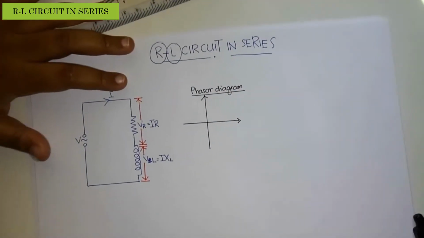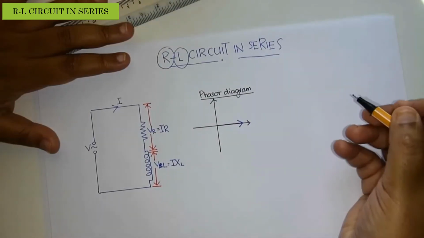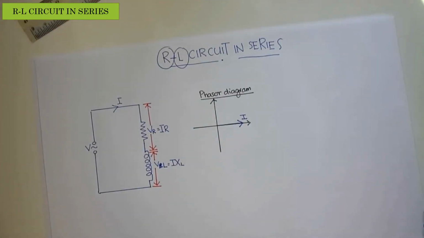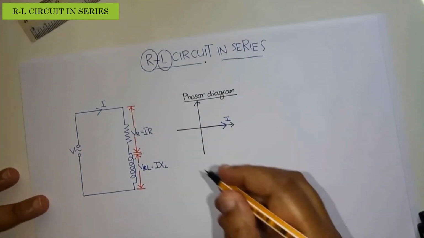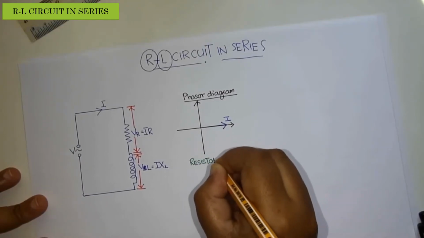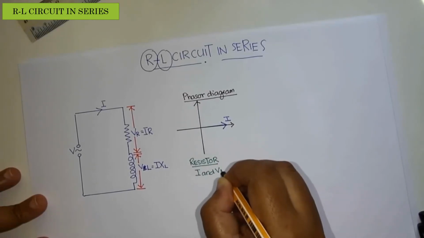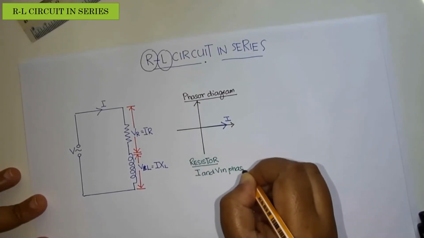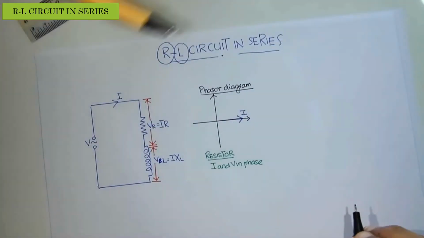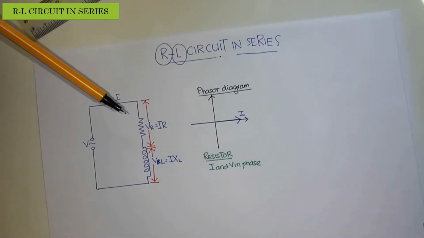Okay, so the current will be in this direction, which we assume is a sine. So this will be the current. Then we know in a resistor, the concept says I and V are in phase. So when the current flows inside the resistor, they are in phase. So therefore